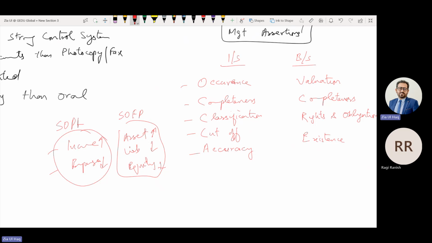For example, classification. All the figures have been correctly classified in their appropriate account head. What does that mean? We need to see if there are any admin expenses, they are classified under admin expenses rather than direct expenses, meaning cost of sale. Because admin expenses are relating to management, while cost of sale expenses are relating to production.